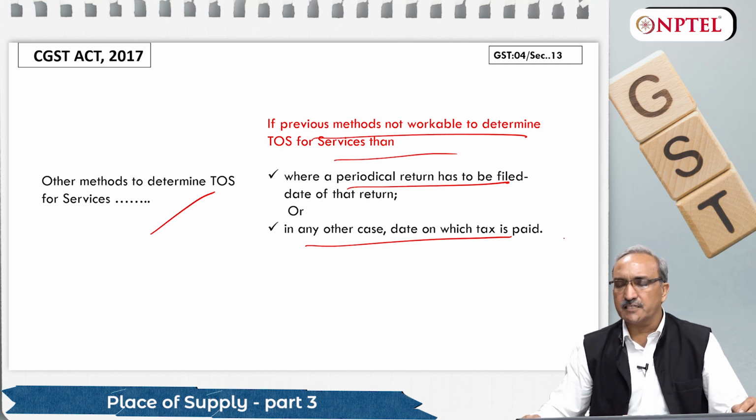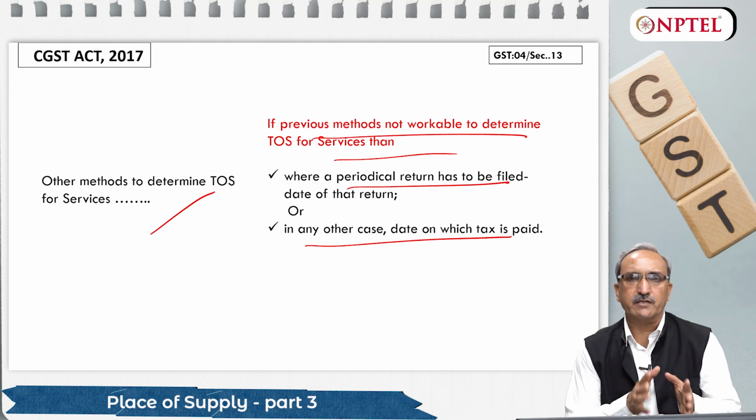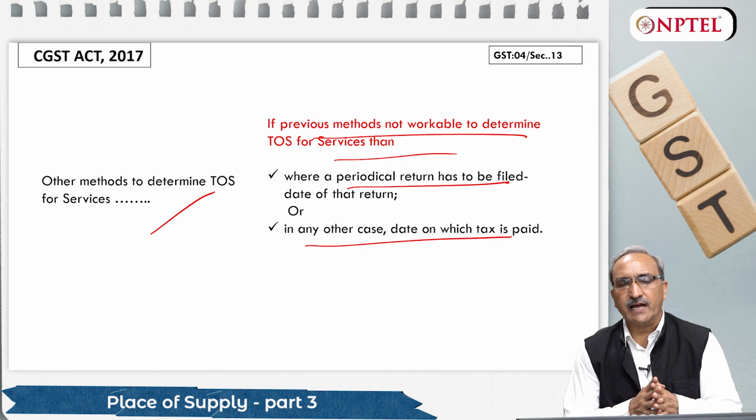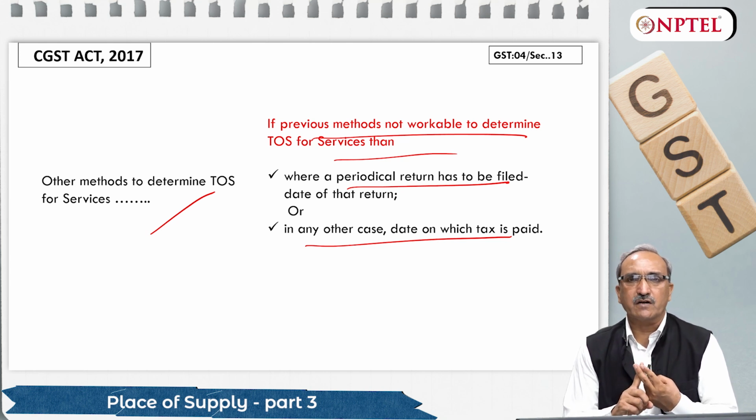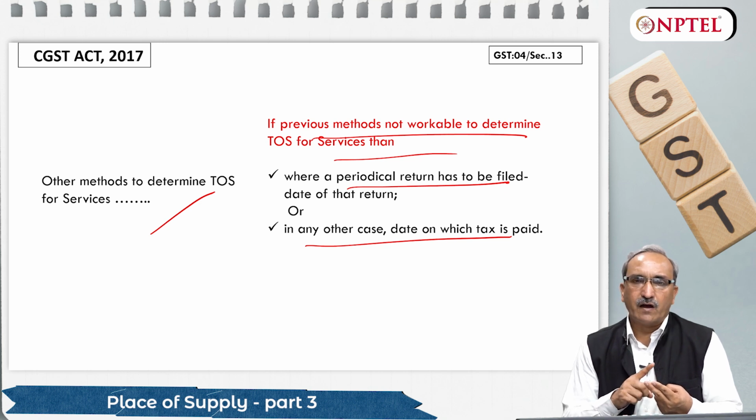So friends, point of taxation is important because if you calculate your point of taxation wrongly, you are delaying payment of tax, and definitely it will be subject to interest at the rate of 18%. So place of supply and time of supply, these two are very important from a GST point of view, because based on these two points, the government will ask you to pay taxes. If you are not adhering to the provisions of time of supply and place of supply, you will be charged fine, penalty and interest also. So these sections are very important for all business transactions under GST.